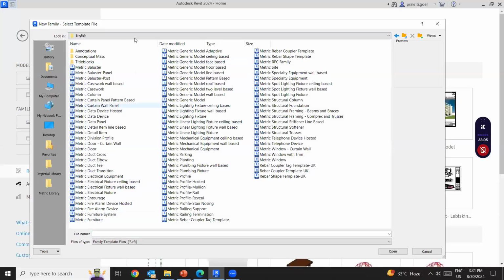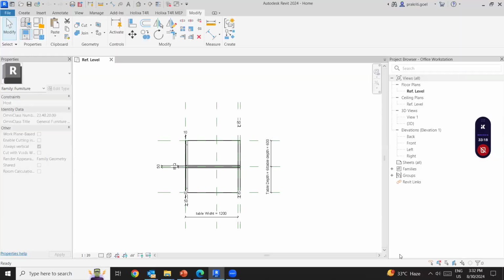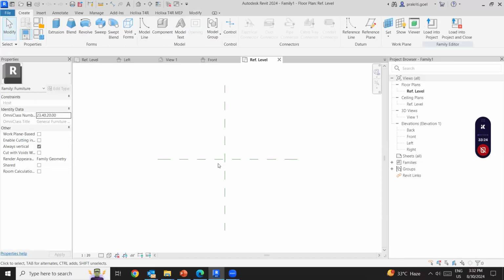So all the families have their own template, and you will be using these templates to develop your furniture families. If you see over here, we have a template specific for furniture, which consists of some default properties for furniture, right? So when you create furniture families, like when you create any family,